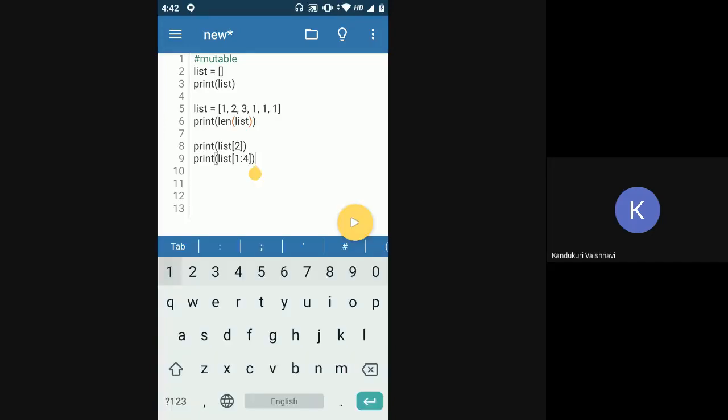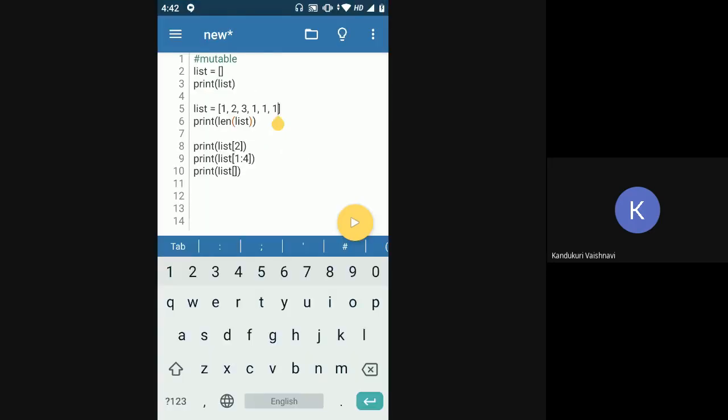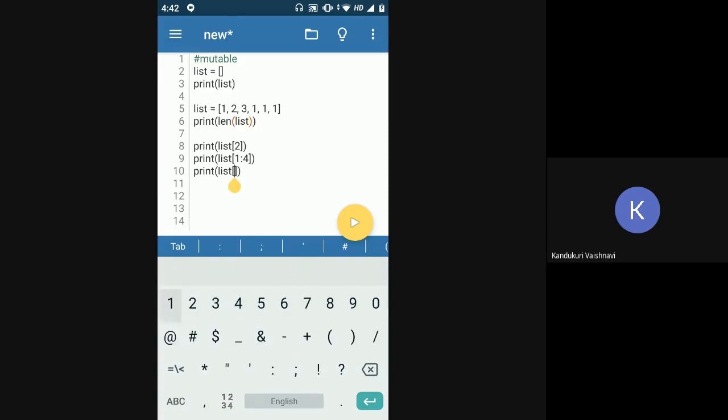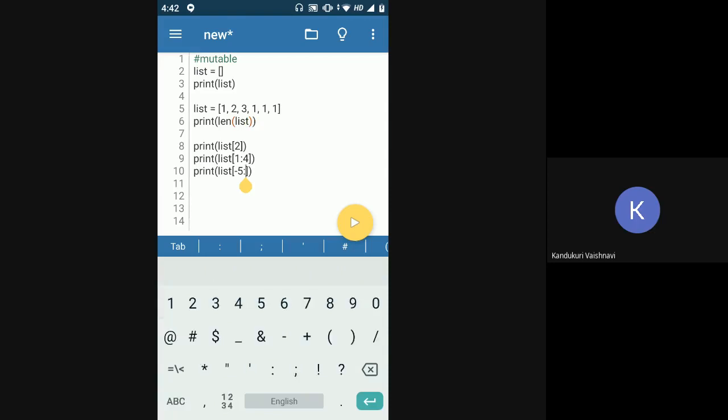Okay, so this is clear. Again, we can use negative indexing also. That will also work the same way. This last character would be minus 1. This would be minus 2. This would be minus 3. Then minus 3, minus 4, minus 5. Which means I'm starting at minus 5, and I'll go till minus 1, minus 2, minus 3. This is minus 3, but I want plus 1. So I will say minus 2.